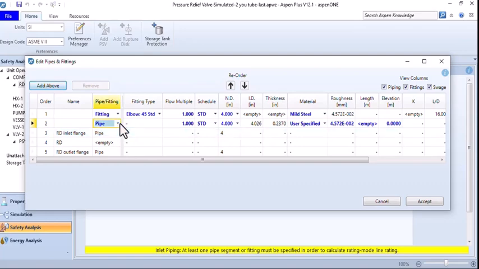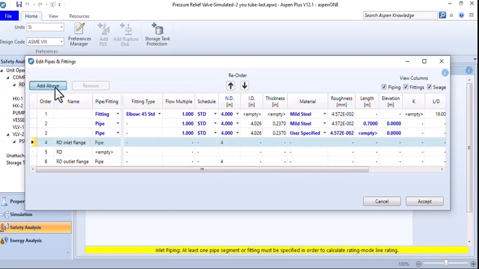For example, the standard schedule for the pipe is standard, 4 inches as the nominal diameter, and specify the material can be chosen here, mild steel, and also the length of the pipe can be chosen here, 0.7 meter. I have no elevation for this pipe,